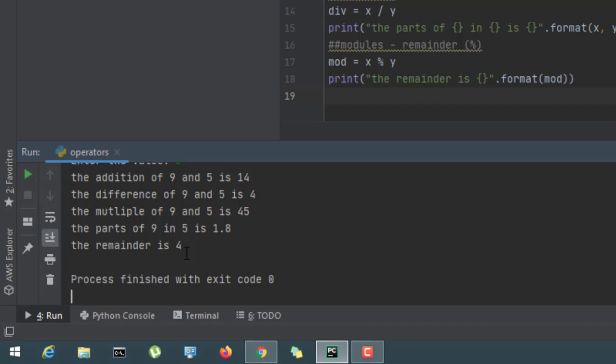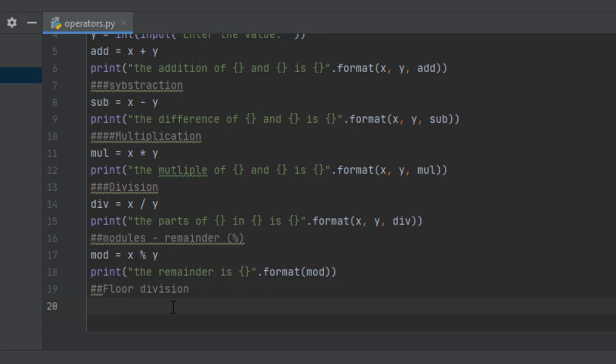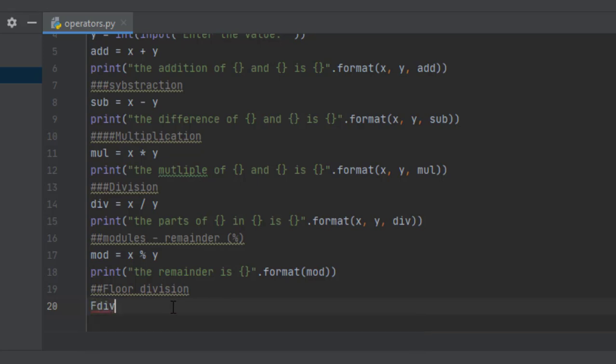Modulus is nothing but a remainder. The next part is floor division. So what is this floor division? You have seen the division rule over here. It divides completely and even gives a floating value. But when you use floor division, it will not give the floating value.